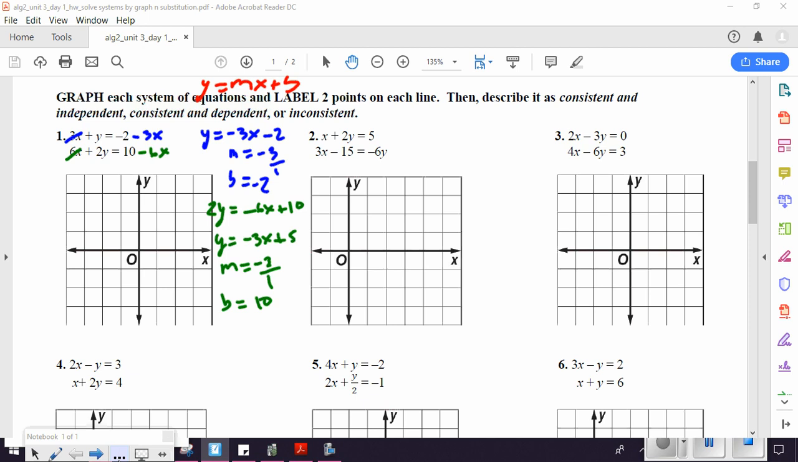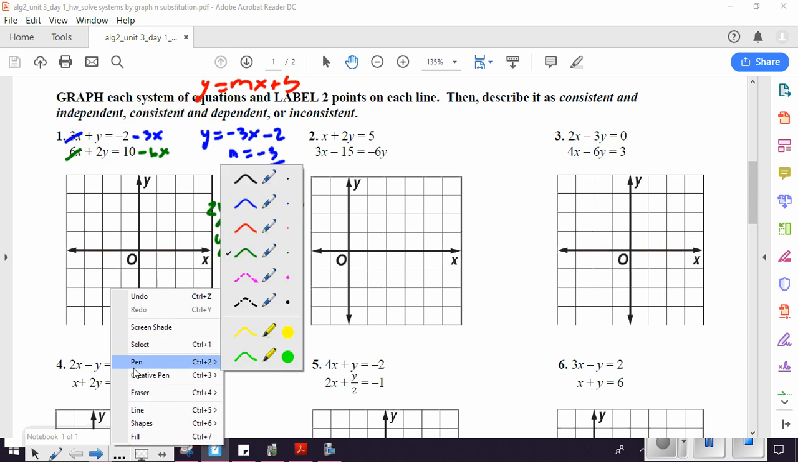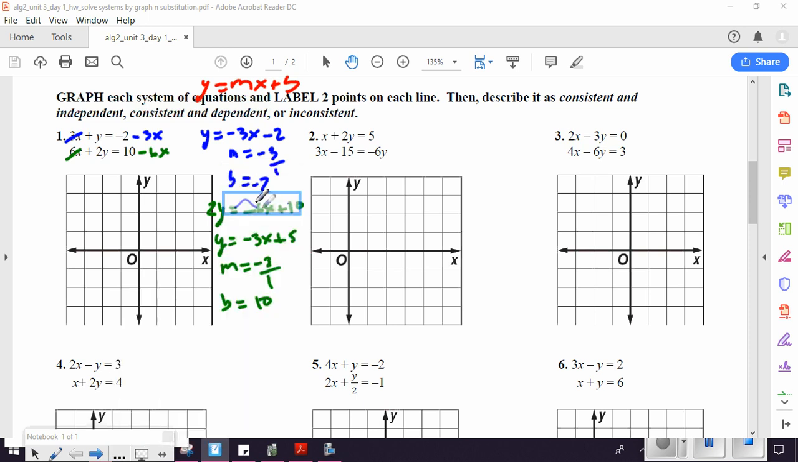What you should recognize is they both have the same slope. That's going to play an important role in just a moment. So let's graph equation 1. Start with your y-intercept, negative 2, put a dot, label it,